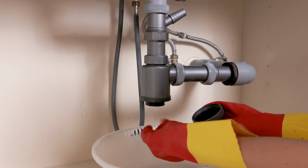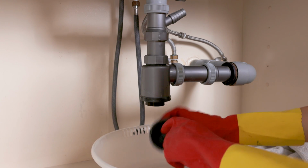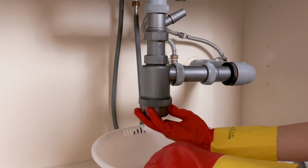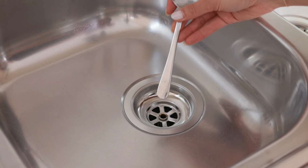If your sink seems clogged or there is a bad odor, you can unscrew this part to check for debris and buildup. Thankfully, there wasn't anything in mine, but if there is, just empty it, clean it, and then screw it back on. The next part of the sink you might not have known you can remove and clean is